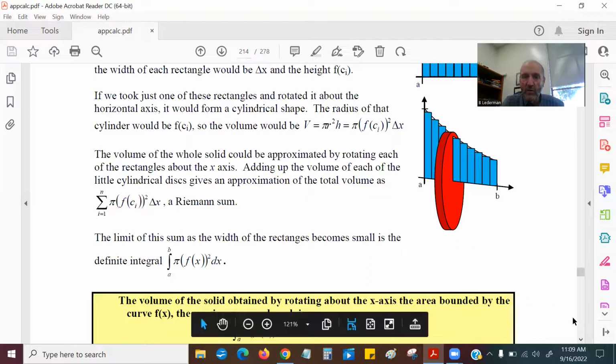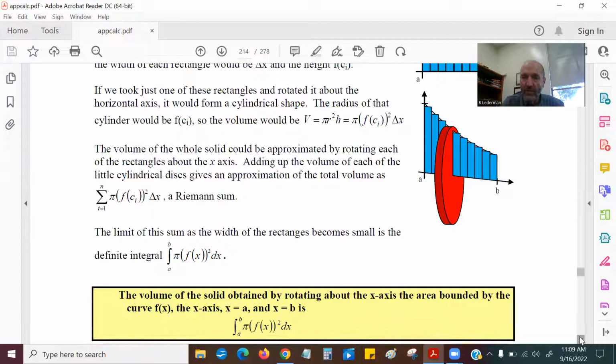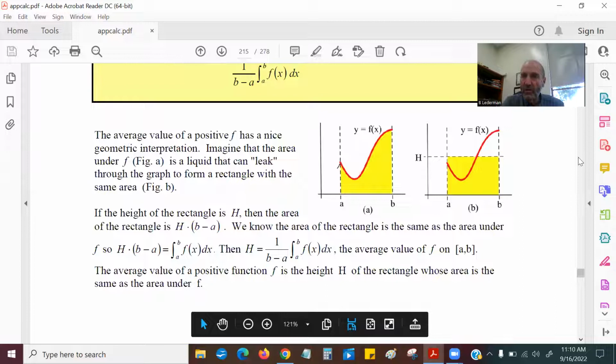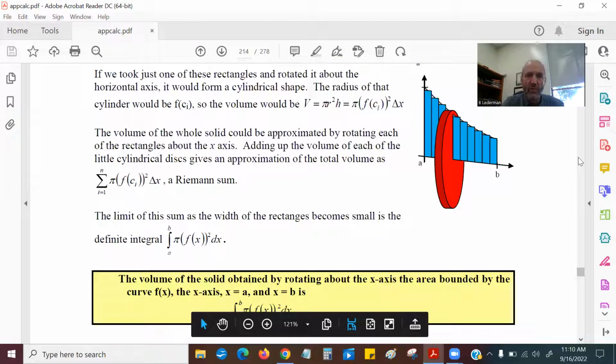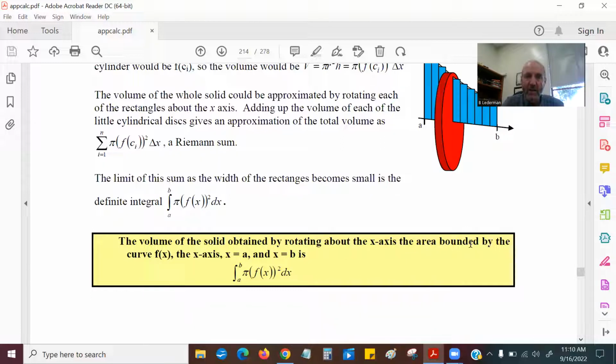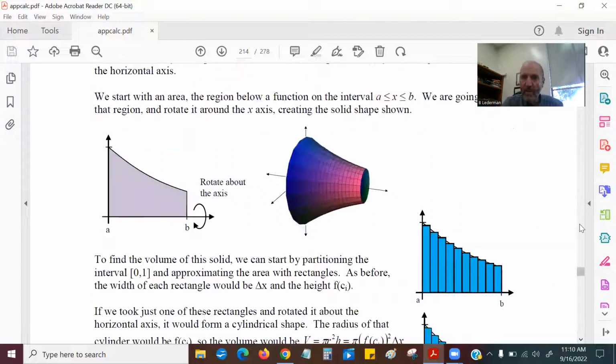And now we're going to do a couple of problems using this formula for volume. Here in the yellow box is the official formula. The volume of the solid obtained by rotating about the x-axis the area bounded by the curve f of x, the x-axis, and x equals a and x equals b. That's a fancy way of describing this